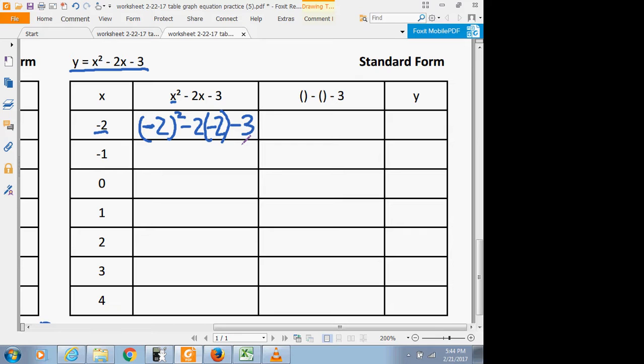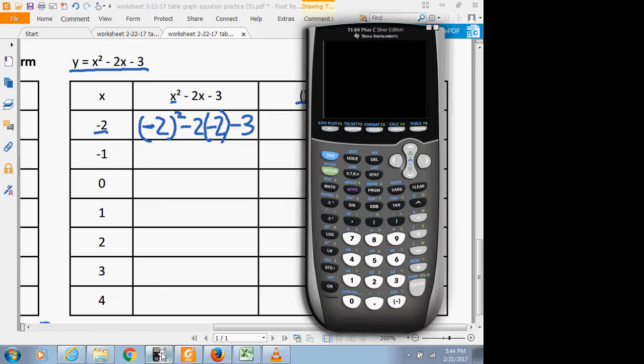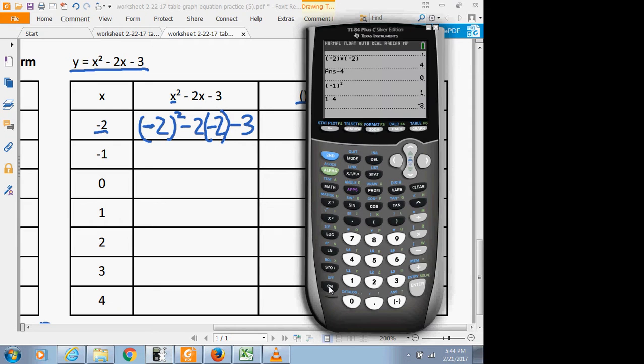I've given you two columns here. In this column, I want you to do the work one step at a time. Negative 2 squared means negative 2 times negative 2. So I will do negative 2 times negative 2. And I get